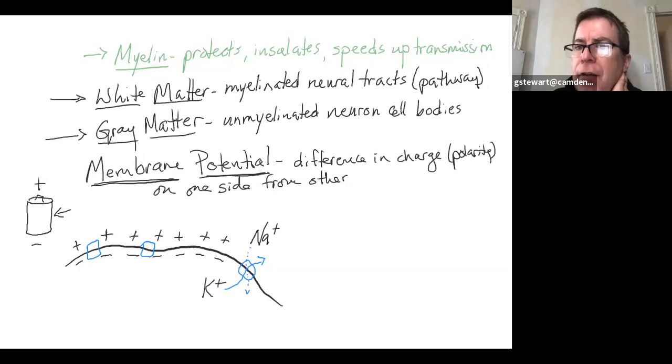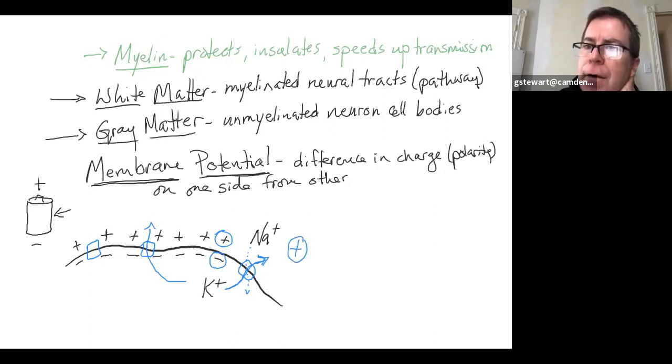The constant heavy leakage of potassium outside of the cell helps create this positive negative environment, because we end up with a lot of positive ions out here, and taking away from the inside makes this negative, okay? This positive negative difference, this polar opposite, is called polarity,